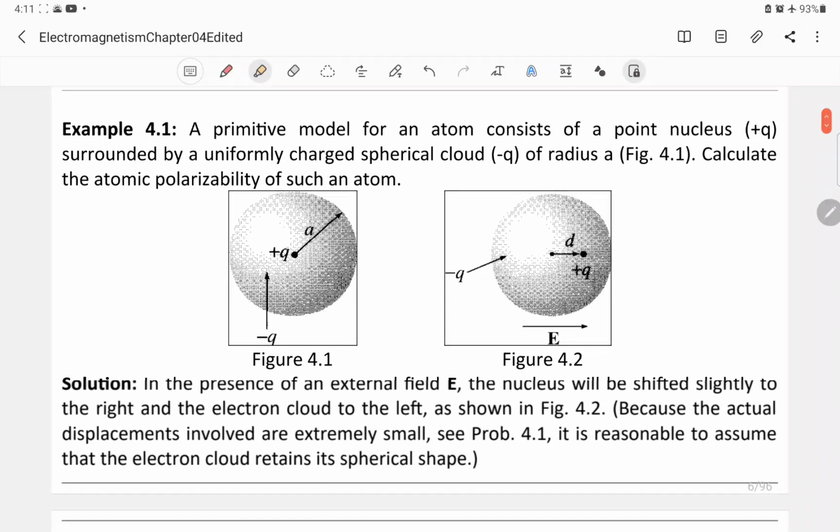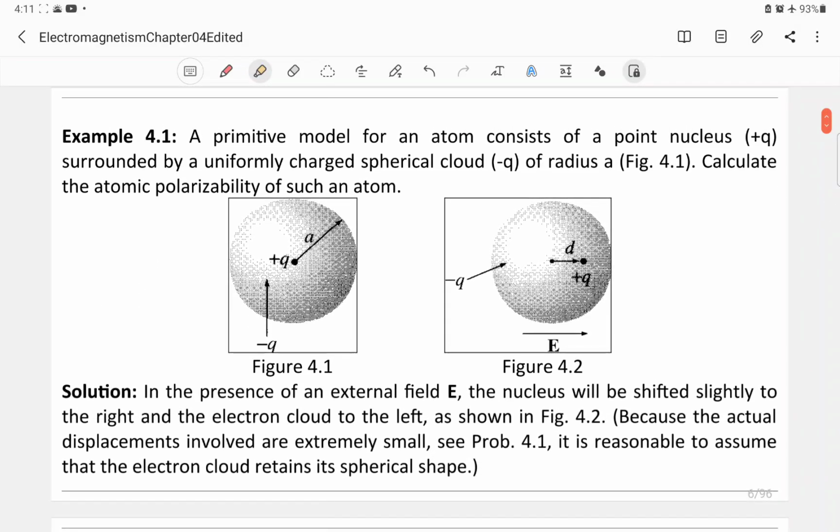So let's go to the first example. A primitive model for an atom consists of a point nucleus, positive Q, surrounded by a uniformly charged spherical cloud, negative Q, of radius A. It's in figure 4.1. Calculate the atomic polarizability of such an atom. So here you have a very simple atom, or a simple molecule,